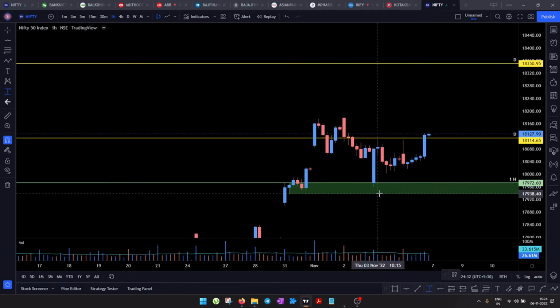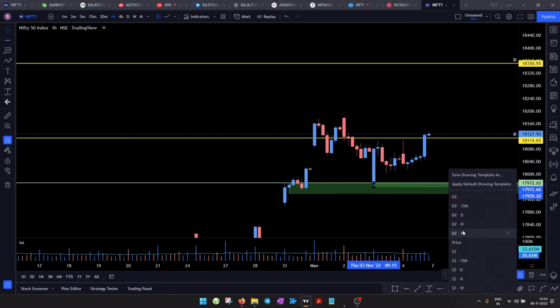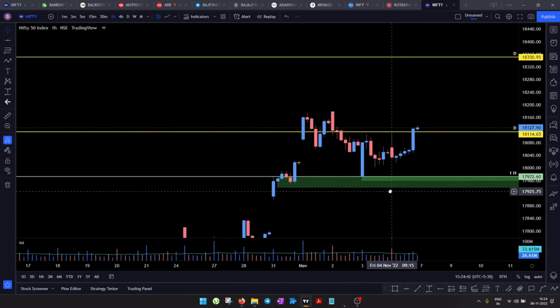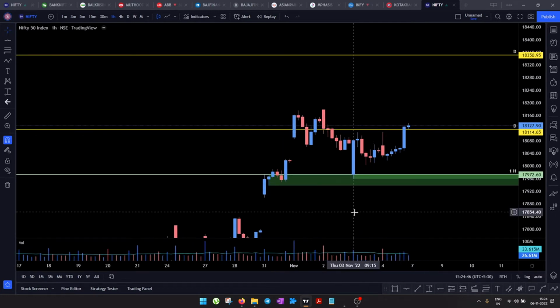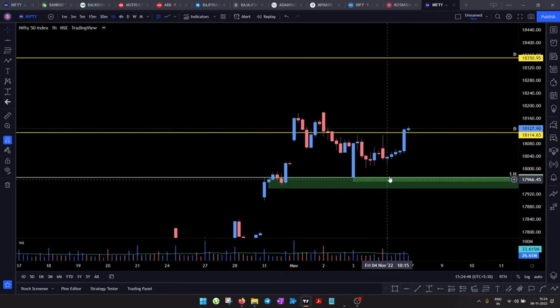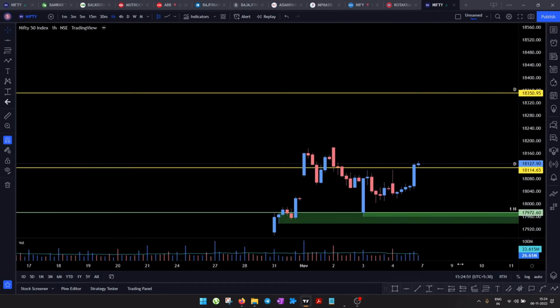And within this area we have this smaller area which will act as a strong demand overall for next week for Nifty. And this is where I do not see the market going down from, although there is a gap here, but this should not be filled in the next week, right? So that's what my expectation is. You never know what might happen in the market, but this is what my expectation is.